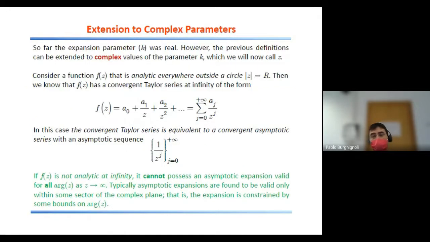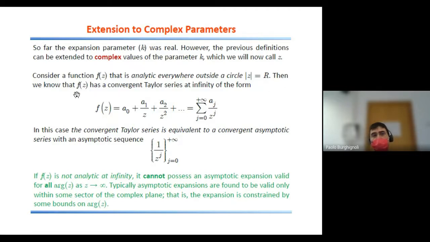Now, in the examples we have considered so far, we have considered real values of the parameters, epsilon that was small, k that was large. However, it is possible to extend those considerations to complex values of the parameter. So we will now call the parameter z to remind us that it's a complex number. If we have a function, for example, f of z, that is analytic everywhere outside the circle of radius r, and center in the origin of the complex plane, so the circle where the absolute value of z is equal to r, then we know that